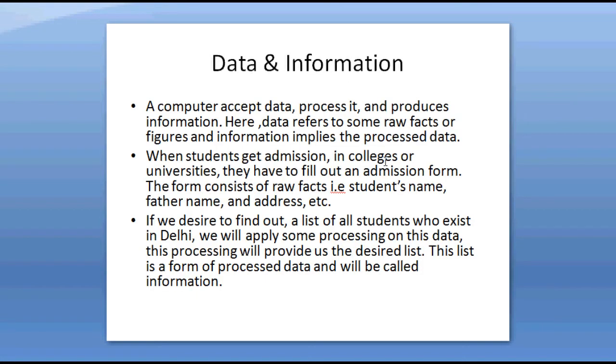Next topic is data and information. Computers process data into information. Data is a collection of unprocessed items which can include text, numbers, images, audio, and video. Information conveys meaning and is useful to people. An example of data is a student's test score. The average score of a class is the information derived from the given data.